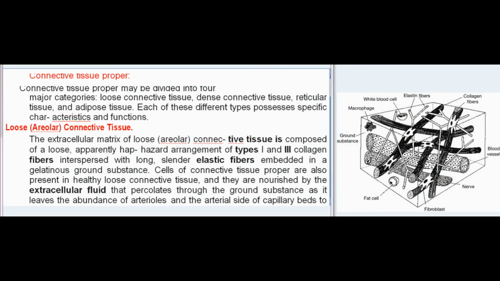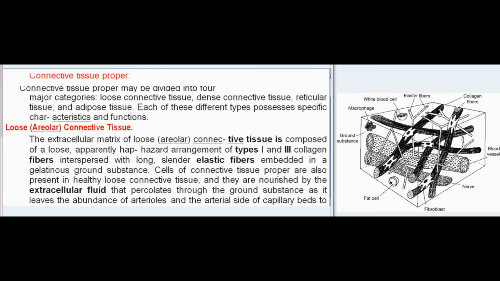Connective tissue proper. Connective tissue proper may be divided into four major categories: loose connective tissue, dense connective tissue, reticular tissue, and adipose tissue. Each of these different types possesses specific characteristics and functions. Loose, areolar, connective tissue. The extracellular matrix of loose, areolar, connective tissue is composed of a loose, apparently haphazard arrangement